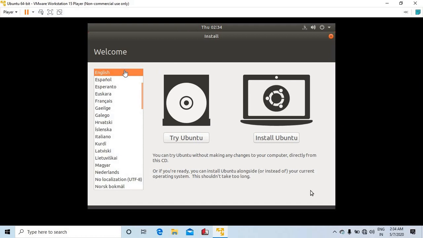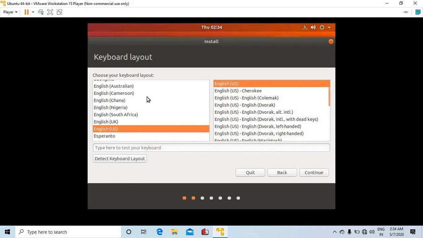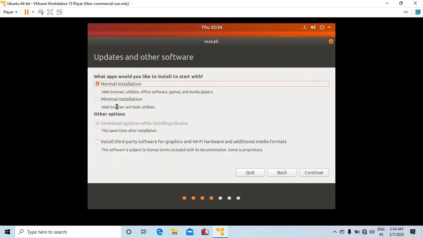So this is the language in which you want to install Ubuntu, so I will choose English, then click the Install Ubuntu button. This is the keyboard layout, so I will choose English US, then click continue. Here it will ask what you want to install with. You can also choose normal installation, it gives some more features.